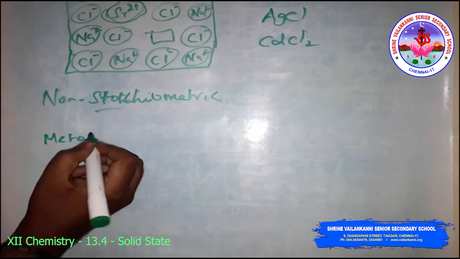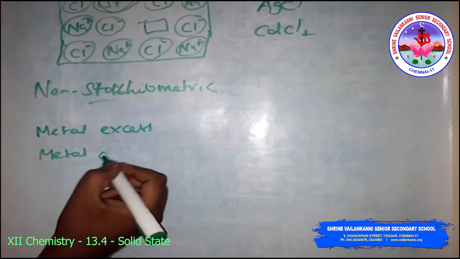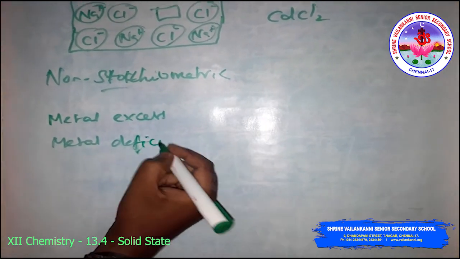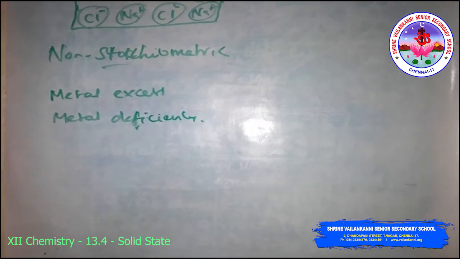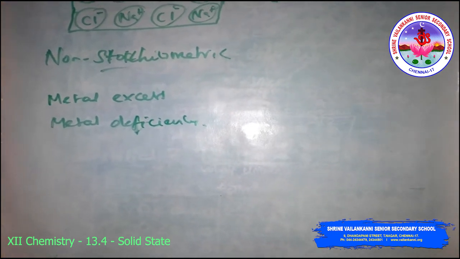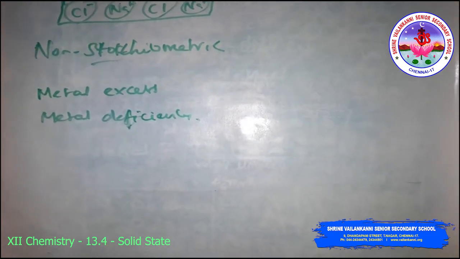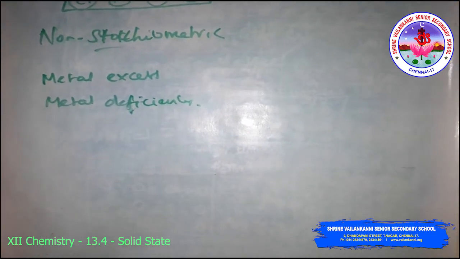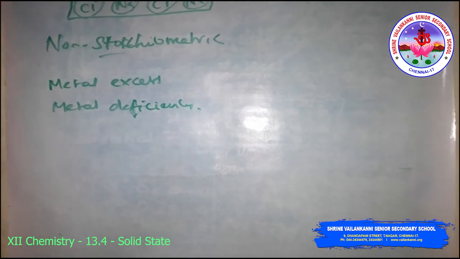Metal excess and metal deficiency. First we will discuss the metal excess defect. The metal excess defect is due to anionic vacancy. Alkali halides like sodium chloride and potassium chloride usually show this type of defect. When a crystal of sodium chloride is heated in an atmosphere of sodium vapor, the sodium atoms are deposited on